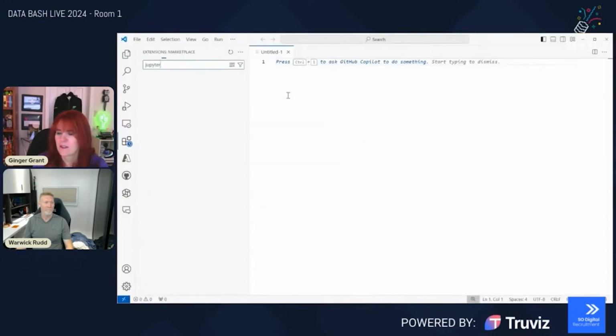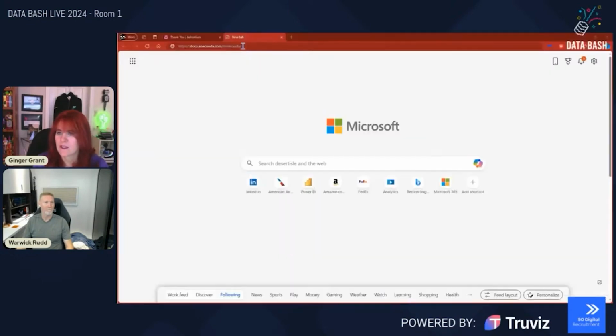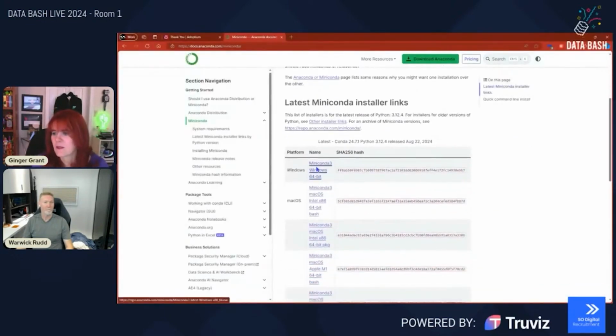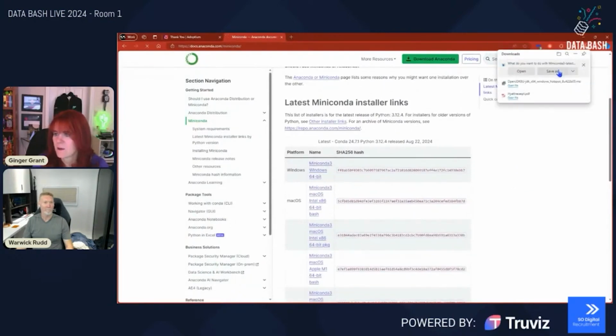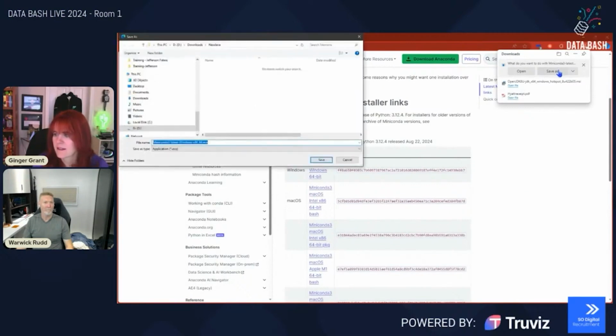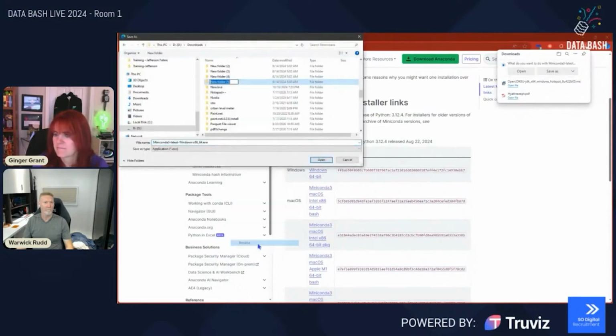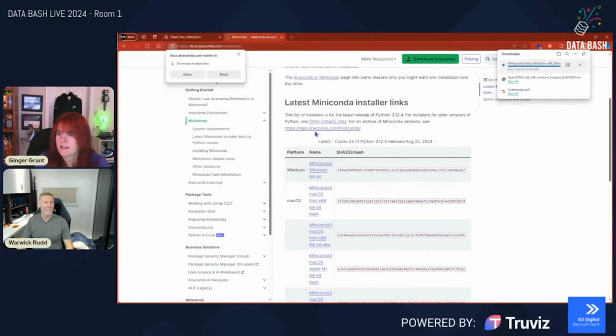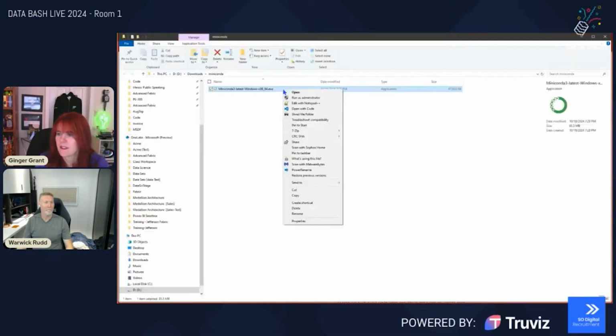I also want to make sure that I've got my Jupyter notebook installed. So I installed that. Now I'm going to do Miniconda, and I want to make sure that that's installed, so that I have the libraries that I need. Again, same process. I need to learn how to type. And go ahead and save and install this. And by the way, you only have to do this once.